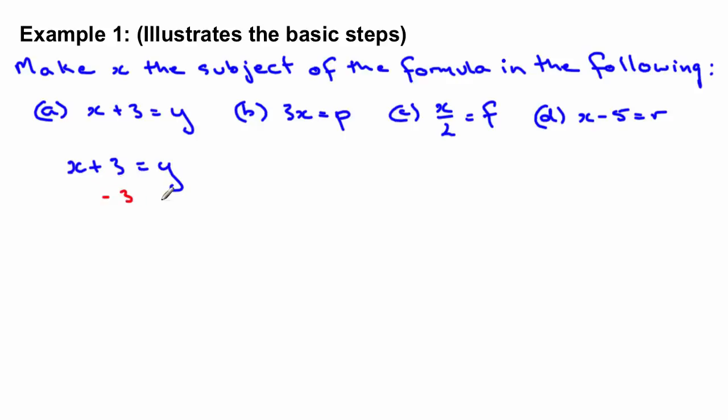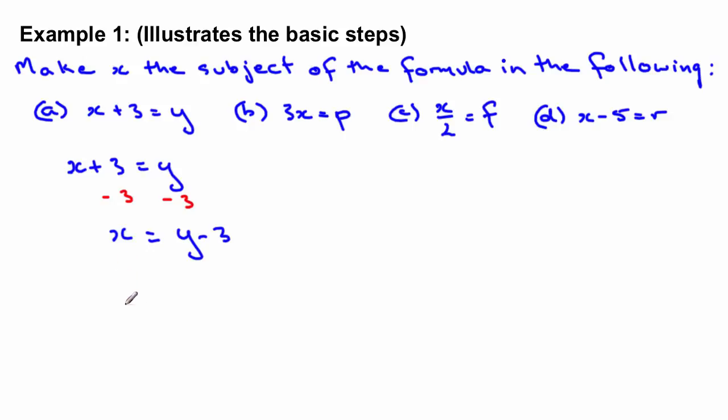So we're going to subtract 3 from both sides, because subtracting is the opposite of adding. When we do this, we have our completed expression or equation,